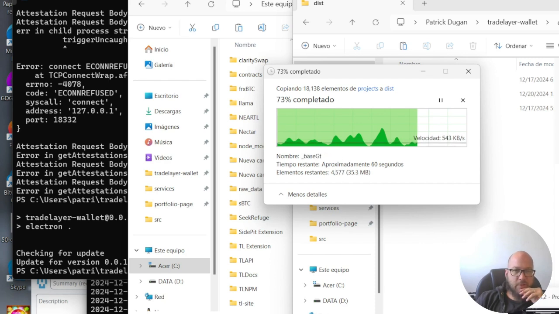And this probably would be going faster. Wait, is it copying everything in my project folder? No. It's just taking a while to get that last thing, but it's